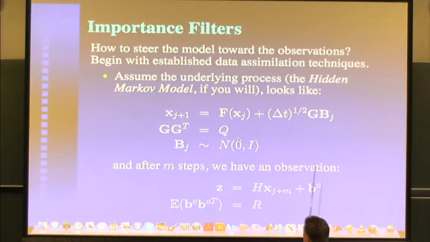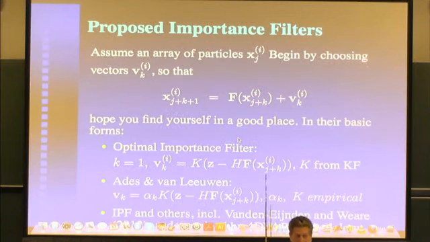And after n steps, we have a vector of observations I'll call Z, linearly related through a matrix H to the state vector plus noise. So the observation itself, as in the case that we saw this morning, is contaminated by noise whose characteristics we know. We assume the noise is Gaussian with covariance R, and mean given by some unimaginable truth out there whose features we can only discern by observations.